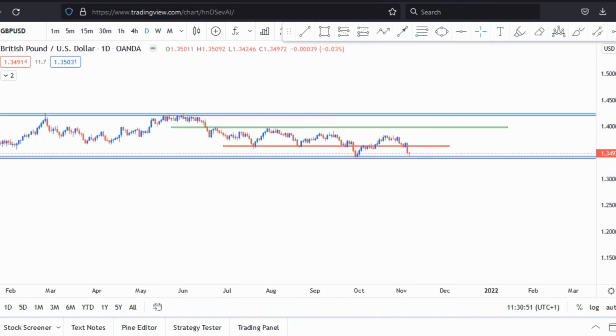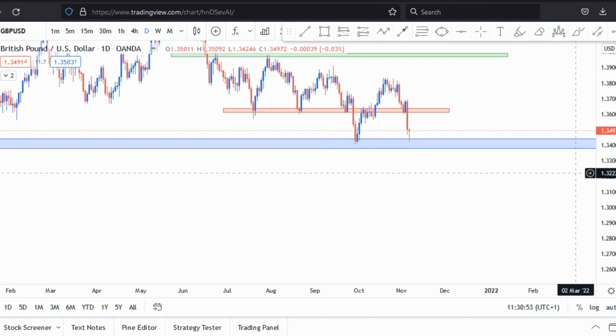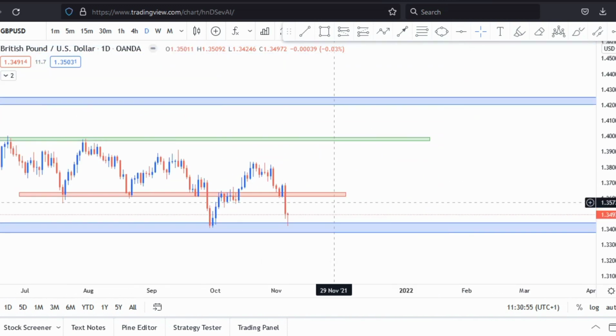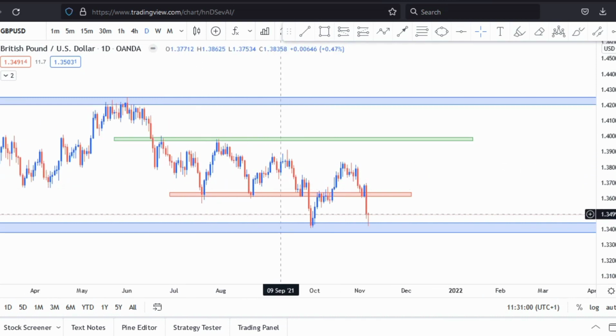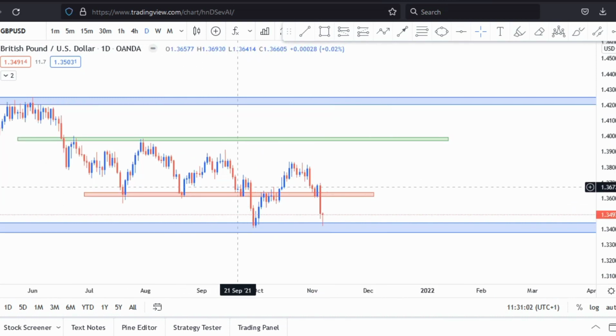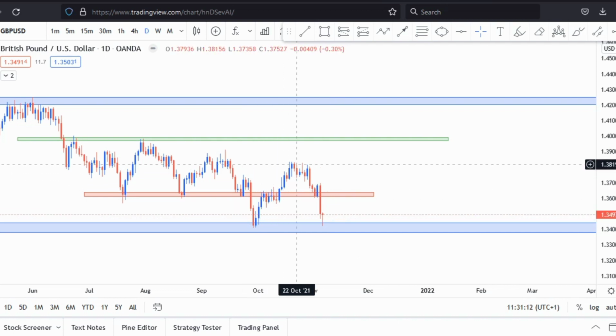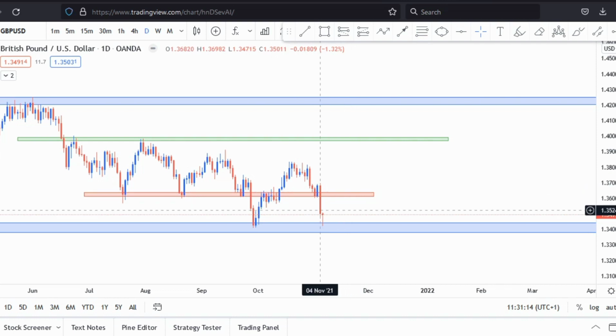If you go to the daily time frame, we can see that price has rejected off this level. Okay, so forming more or less like a double bottom here as well. As you can see, when price touched this level once, it formed this inside bar here, and when price closed above this inside bar, it continued all the way to the top, and now price has come back into that weekly support level and formed this pin bar as well, which is a rejection,